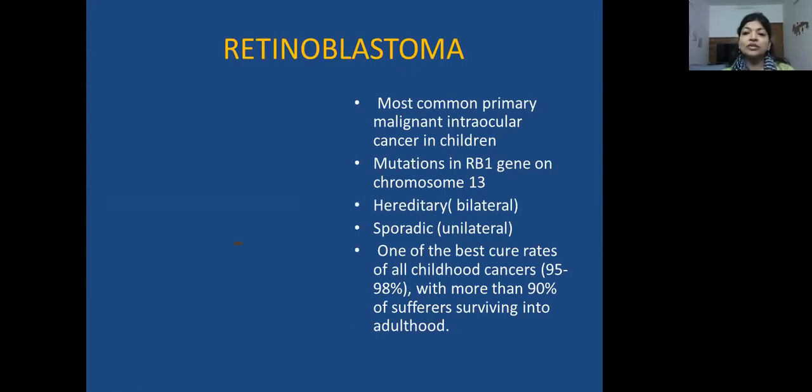Now, retinoblastoma is actually the most common intraocular malignancy that you would see in kids. It occurs because of a mutation in the retinoblastoma 1 gene on chromosome 13. Now, it could be either hereditary or sporadic. Normally, if you have a child with a unilateral retinoblastoma, it's a sporadic occurrence with no family history, but hereditary retinoblastomas would typically be bilateral. And if you have a baby with a bilateral retinoblastoma, they have a higher chance of developing extraocular malignancies. They can have like a pinealoblastoma in these kids.